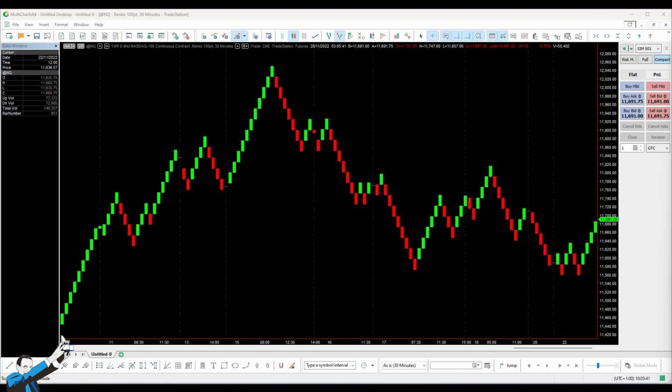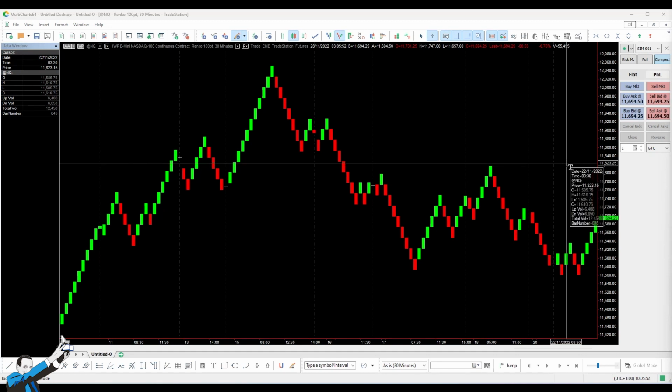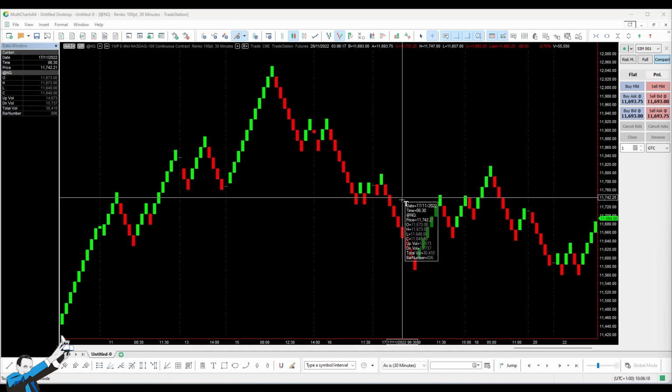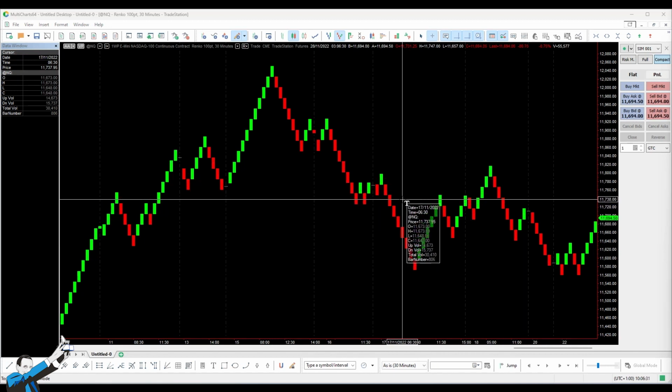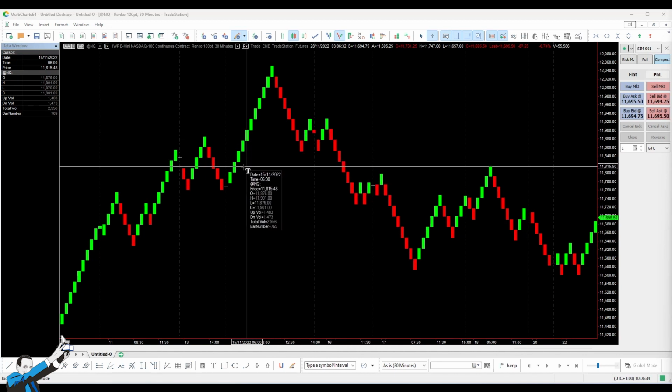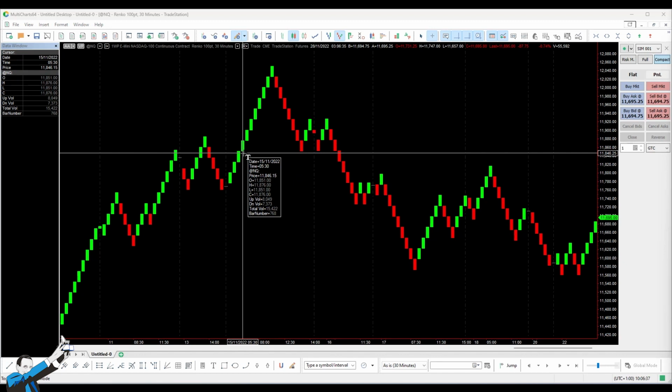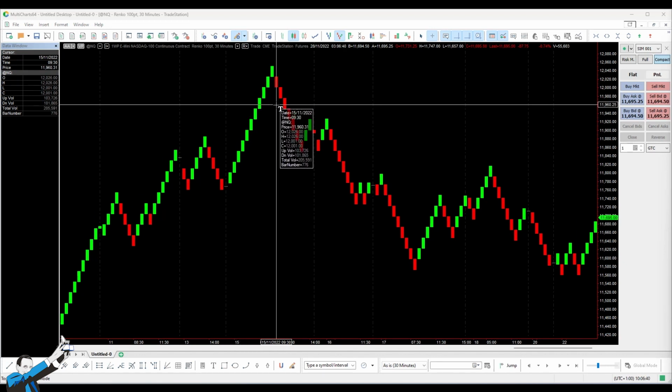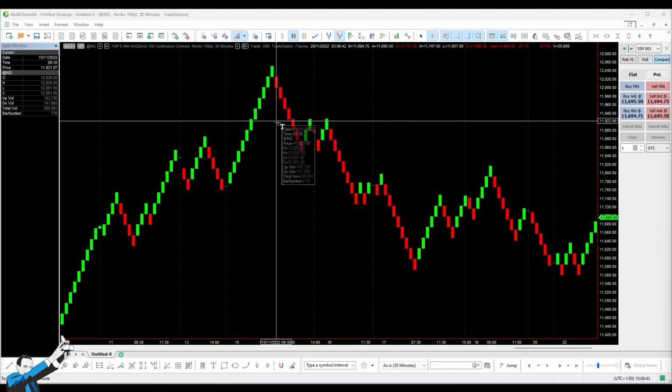Okay, so let's go and start by understanding how these bars are built. Compared to standard candlesticks, which are built based on price movements as well as on a specific time frame, which is the chart resolution, Renko bars or bricks are built using only price movements as a reference. Each bar or brick is created when the price of the asset moves by a certain amount. Now, each brick is placed at a 45-degree angle, above or below the previous brick. Depending on the price movement, we'll have an up brick, which is a green brick if the price is moving upwards, or, on the other side, a down brick, which is a red brick if the price is moving downwards.